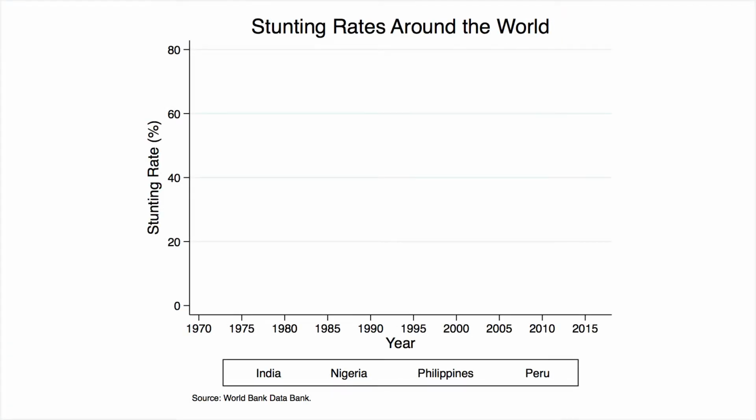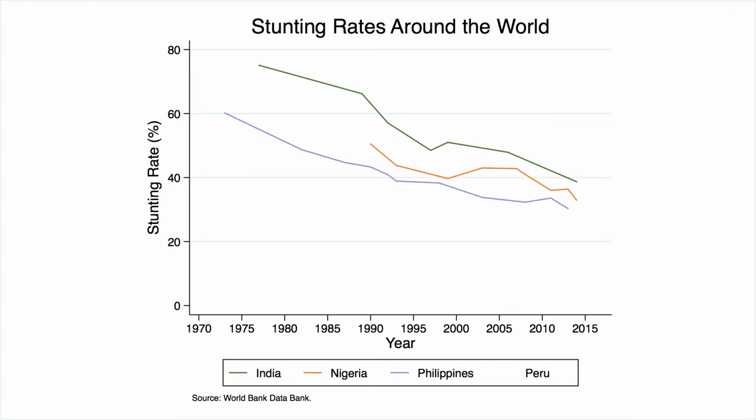If we take a look at this graph, you can see that stunting has declined considerably in India and in Nigeria and in the Philippines, though still these countries have quite high levels of stunting today. And we've also seen big declines in Peru and many other countries around the world. But it's useful to think about these in a broader historical perspective. One of the contributions of researchers at the conference was to provide some data from the early 20th century for Japan and the United States.